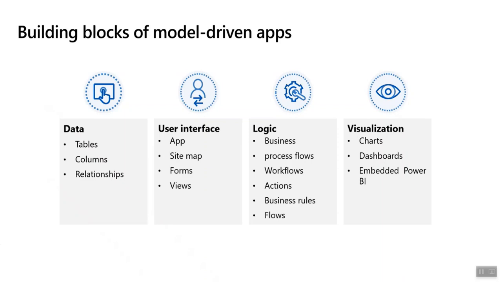When it comes to user interface, you will be focusing on your application and also the sitemap, forms, and views. When I demonstrate a model driven application, I'll walk you through what these building blocks really mean. When it comes to logic, you talk about business process flows, workflows and actions, business rules, and even Power Automate flows,